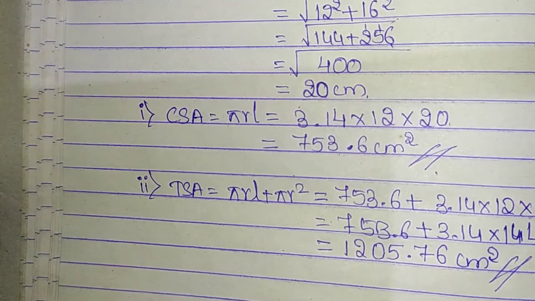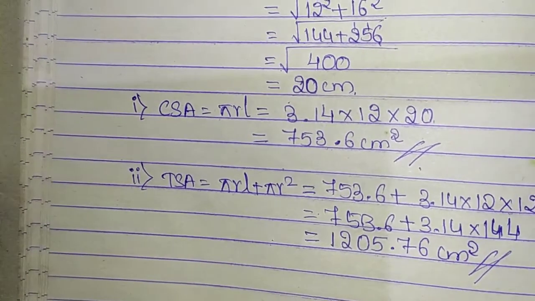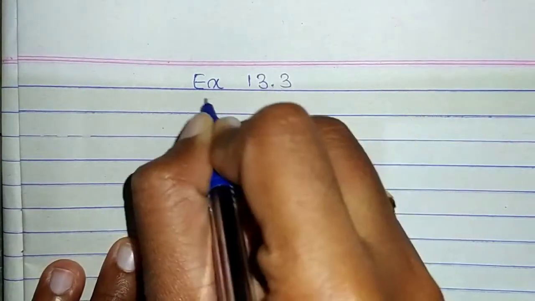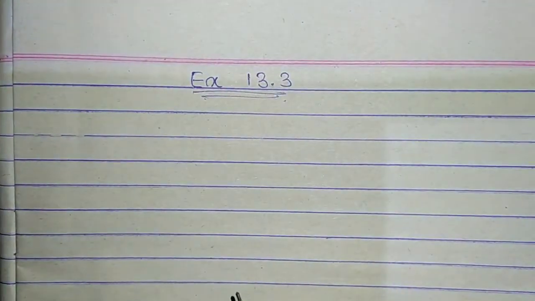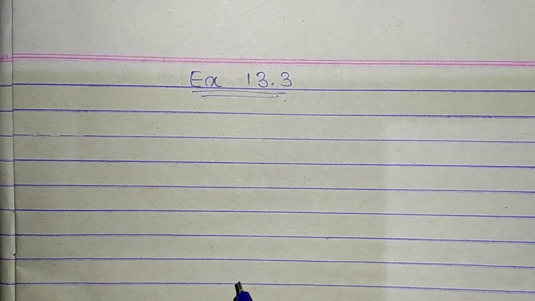Example 6, I am leaving it to you as a part of your homework. You can pause the video and try to solve example 6 on your own. Now without further ado, let's move to Exercise 13.3. In the first question, they have already mentioned, assume pi to be equal to 22 by 7 unless stated otherwise. Just as I said before, if they tell you to take pi to be equal to 3.14, then take it 3.14. Otherwise, it is always 22 by 7.